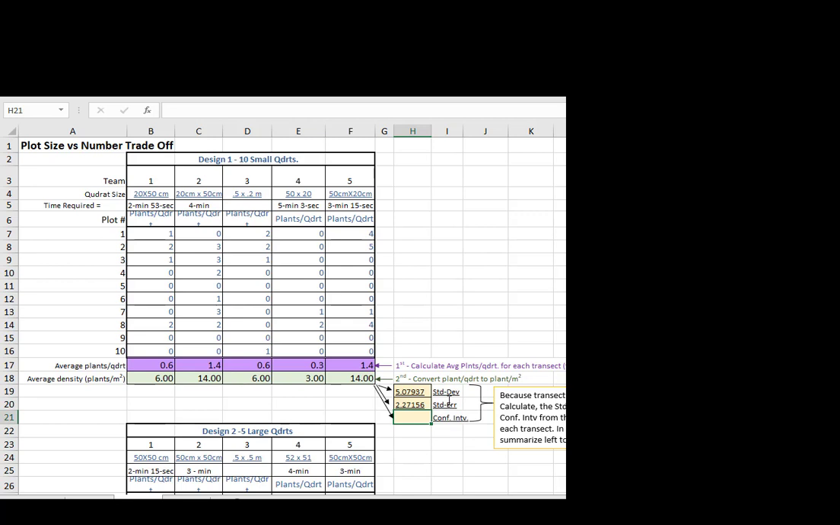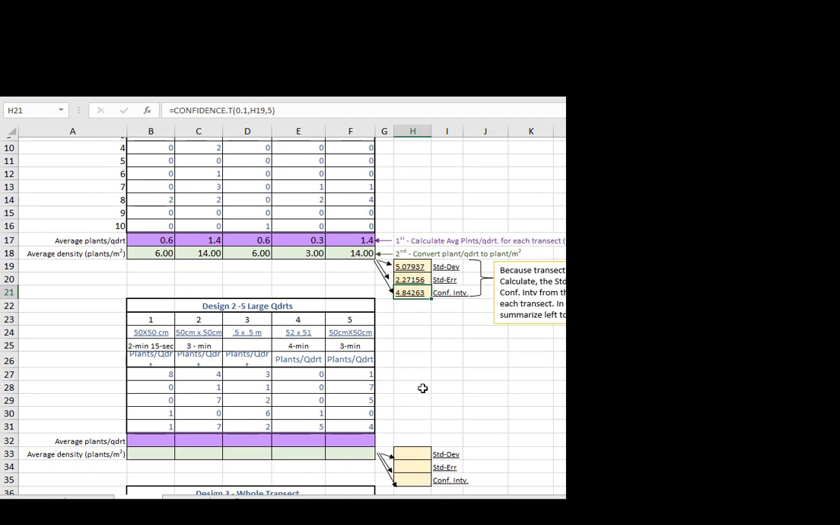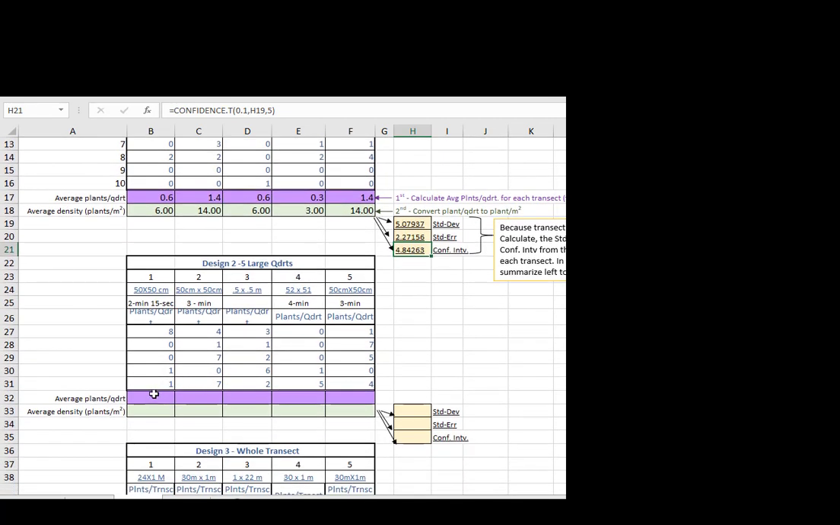Okay? And then my confidence interval here is going to be my 0.1. My standard deviation is right here, and my sample size is 5. And there we go. So 4.84 is the width of my confidence interval for this design. All right, so let's go down and do the same thing for this second design here of my 5